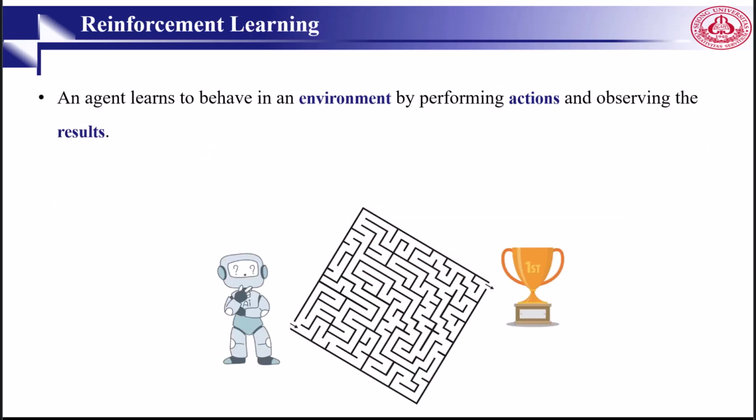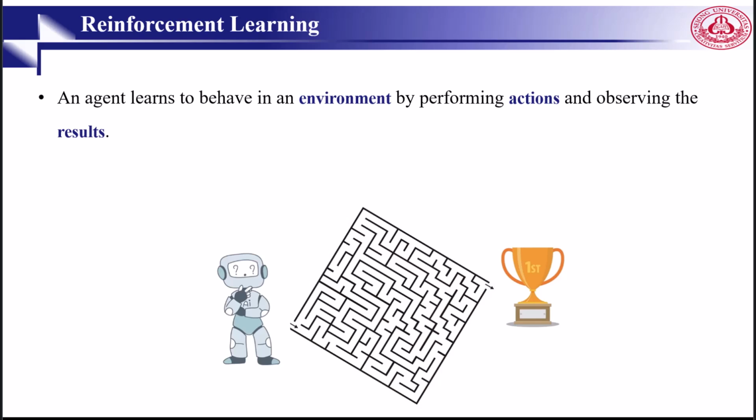So what is reinforcement learning? At its core, it's learning by interacting with an environment. We have some agents. An agent takes actions and receives feedback in the form of rewards or penalties. If it's a good action, it will receive a reward. If it's a bad action, it will receive a penalty. Reinforcement learning is different from unsupervised learning and supervised learning, because here we don't have data. The agent must discover which action yields the most reward through trial and error, try and fail.